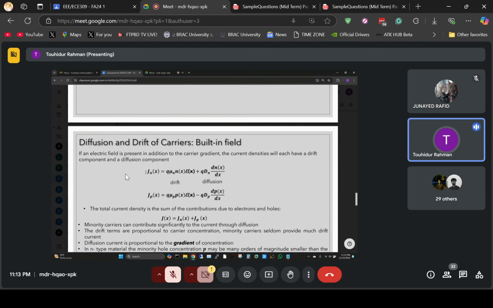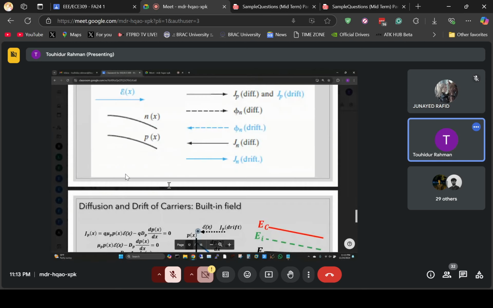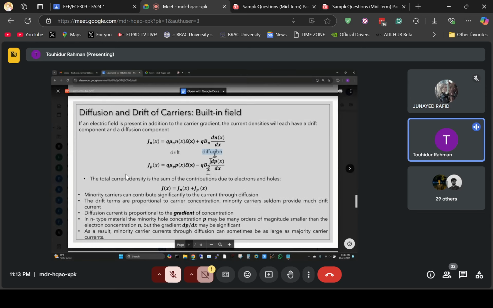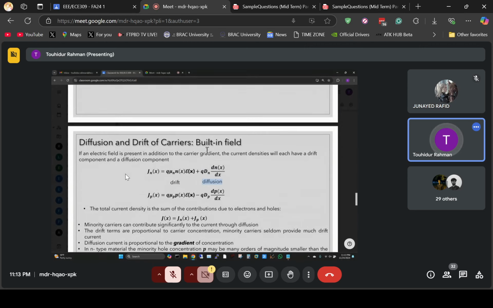So here is the equation for electron current. One part is for the diffusion that will come from this distribution, and another part is for drift. We also know, because we do not have any applied electric voltage, that this current must be equal to zero. Are you following me? Yes, sir. Okay. So if this current is equal to zero,